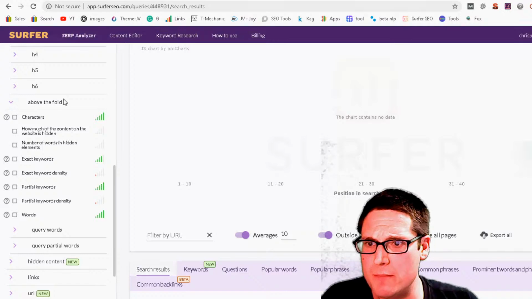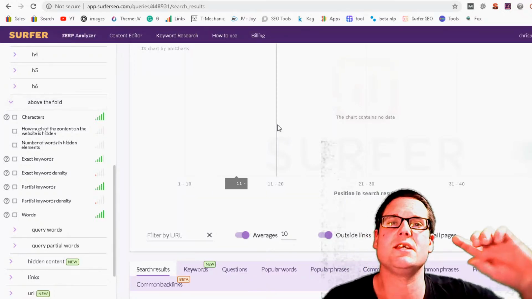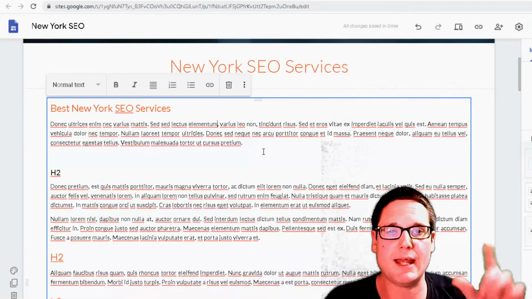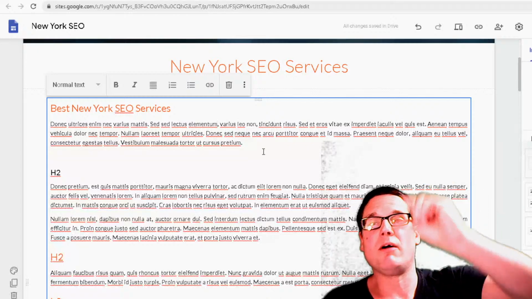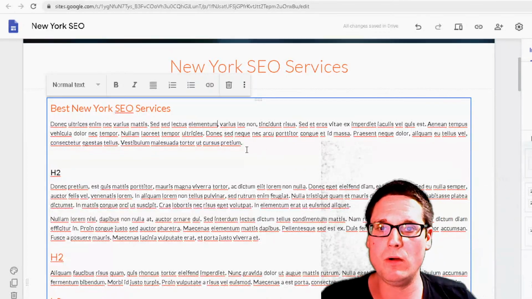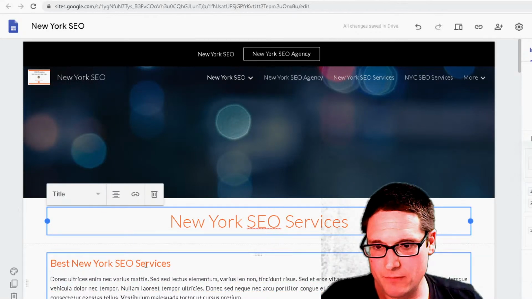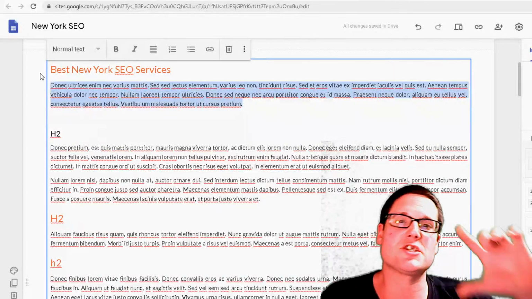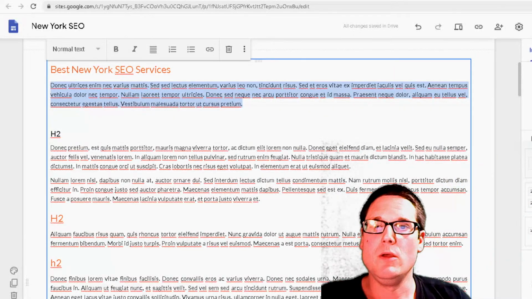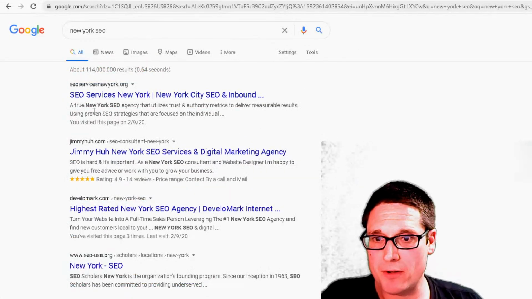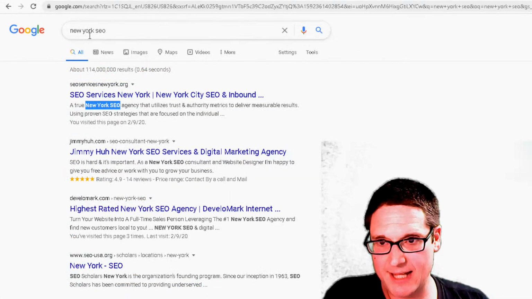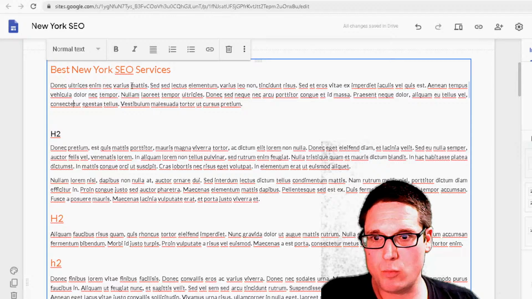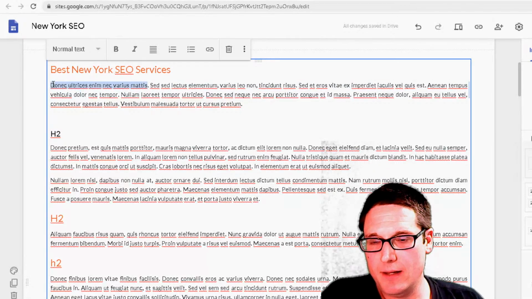Now we're moving into images, right? I was shutting all this stuff off. I wanted to see what was above the fold. That's why I was showing you that. Because it was 40 words above the fold, and we know that they're going to show this first heading here, right? So the first heading is what's going to show and display inside our meta description. And then we know from looking at the SERP here that New York SEO, our headline keyword, needs to be here. So we already know that within our first 40 words, we're going to say